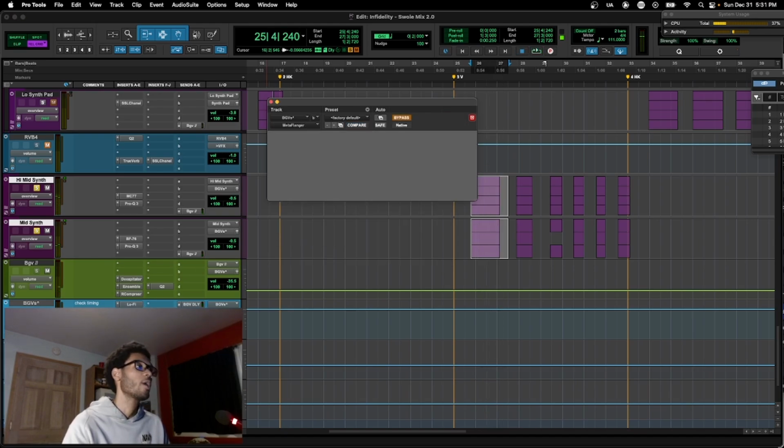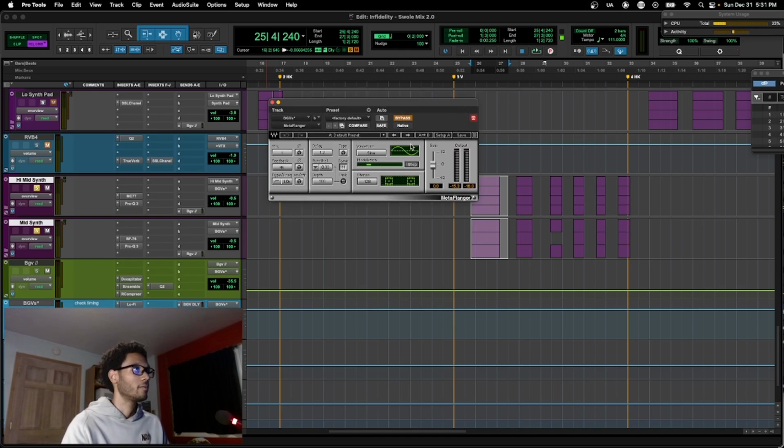Just makes it backgroundy. I just like it. And then we got the Meta Flanger here on 1% of the mix, but this I really like because it